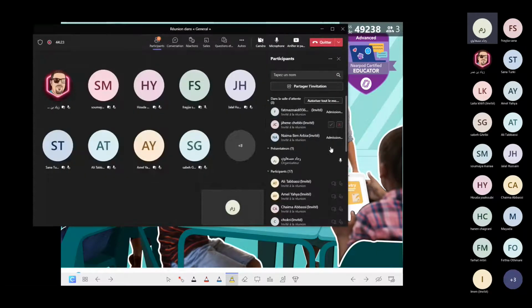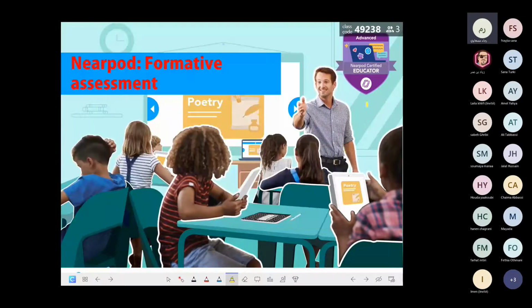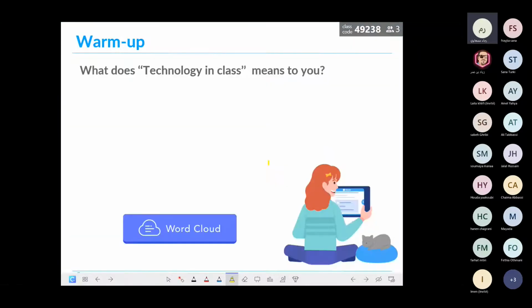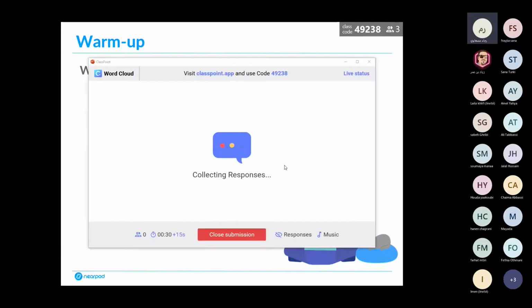So let's get started. Okay, I will start with the first question. Just pop out anything that you have in mind, jot down anything, it's like an icebreaker. So what does technology in class mean to you? Have you ever experimented with technology? Even if you didn't, what do you think? What are your attitudes, perspectives? So let's just try to check your